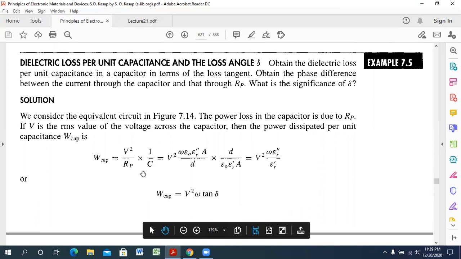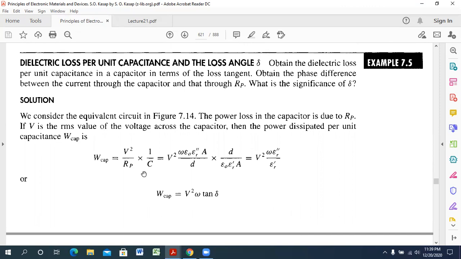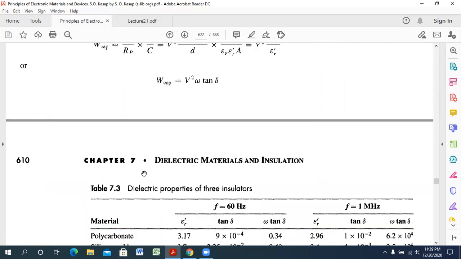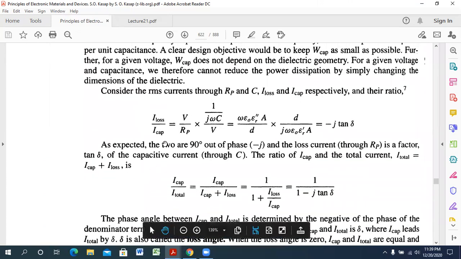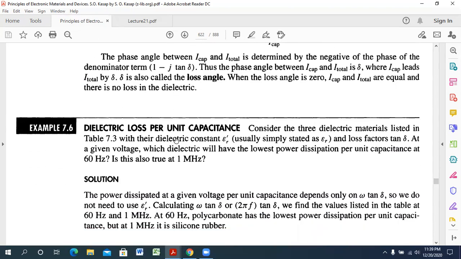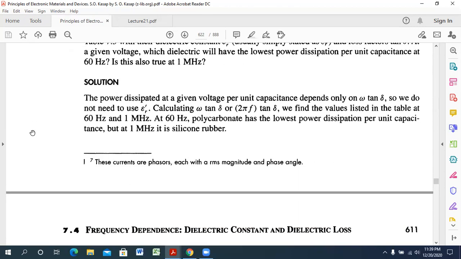Previously we divided by the volume, but here we will have to divide by the value of the capacitance. Okay, very simple. So this one is the ratio of the current losses and the capacitor losses. Please try to solve example number 7.6,